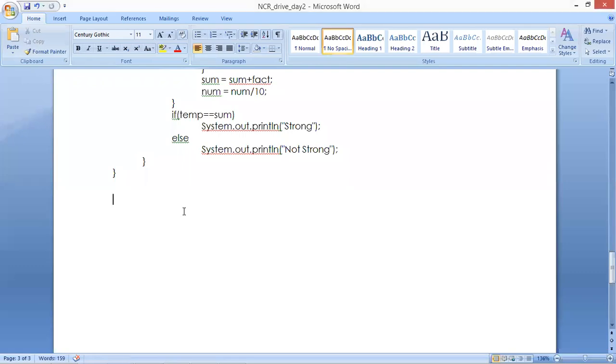The next one, as you know, is the Fibonacci series. So what is the Fibonacci series? The series in which the sum of two consecutive numbers will be the next number.